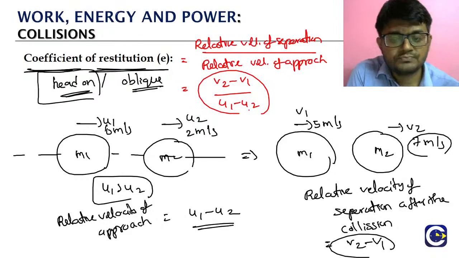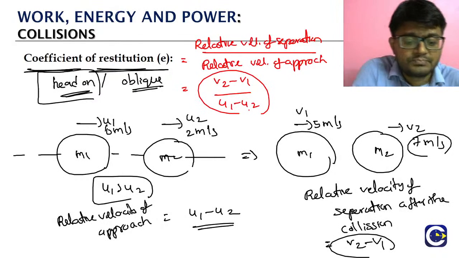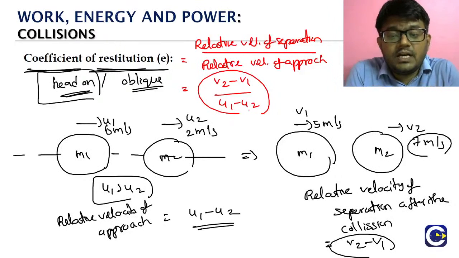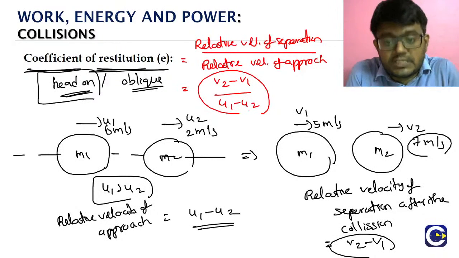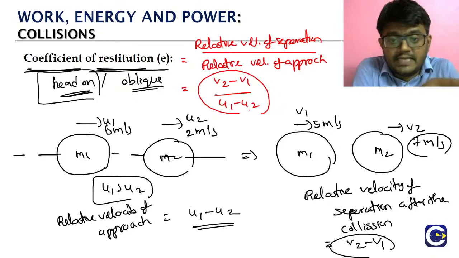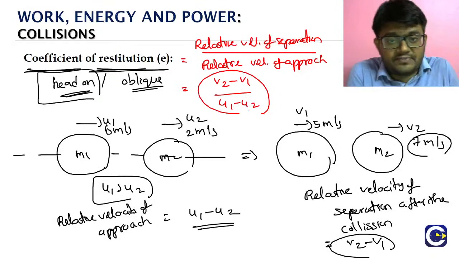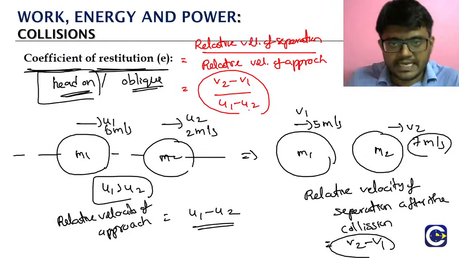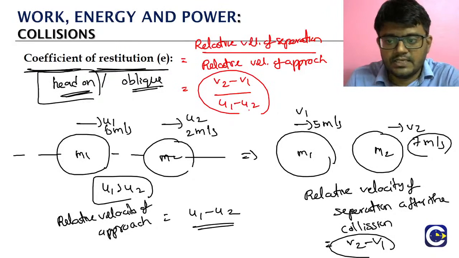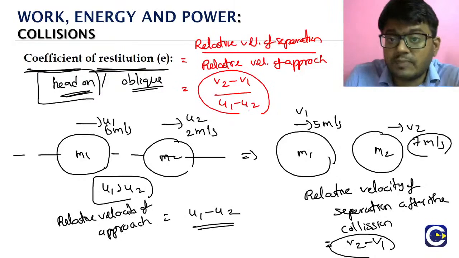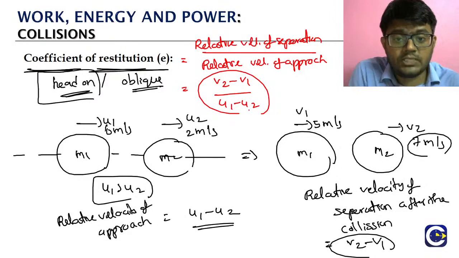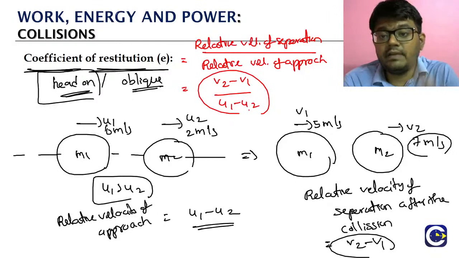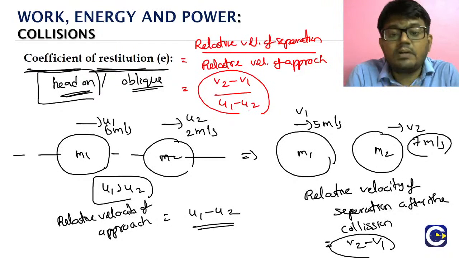U1 minus U2. While we have taken an example to discuss it here in 1D collision, like the way we do in kinematics, if the velocities in one direction are taken as positive, because here we'll have only velocities in one line, either towards the right or towards the left. If you take one direction to be positive, the other direction we have to take as negative. That's the sign convention we follow in kinematics also. So we have to use these equations by following the sign convention. One direction positive means the other direction values have to be taken as negative. Now we'll see that when we discuss head-on collisions.